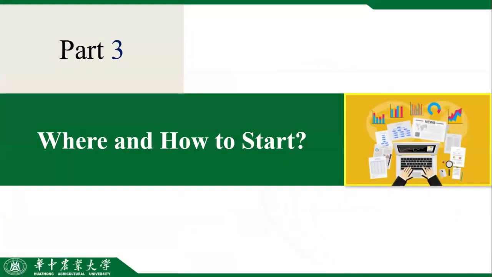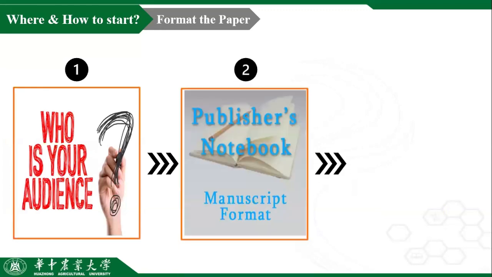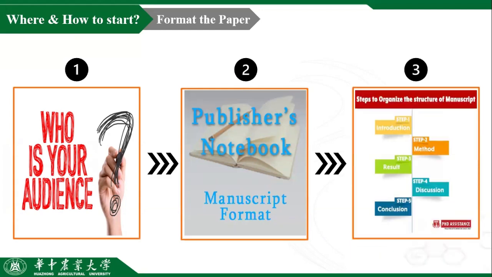So next part, from where and how to start writing your research paper. So the first step is to format your paper. So who is your audience? Who is the audience who will read your paper? First, you have to determine the targeted audience of your paper. Then go to find the publisher's instructions. Each publisher and each journal have instructions. You have to really read these instructions and follow them,